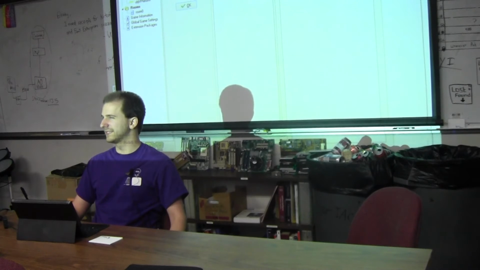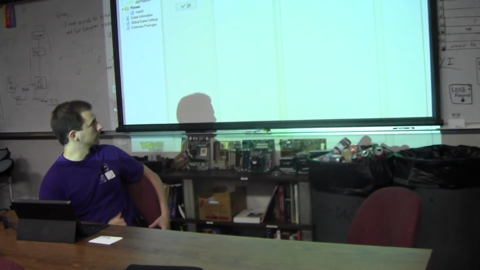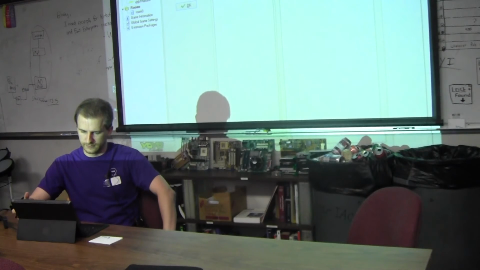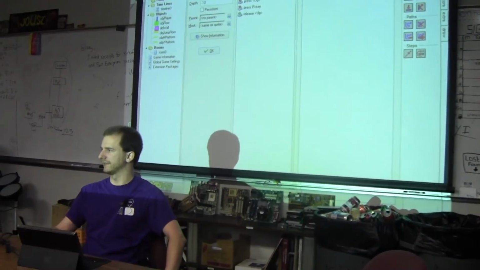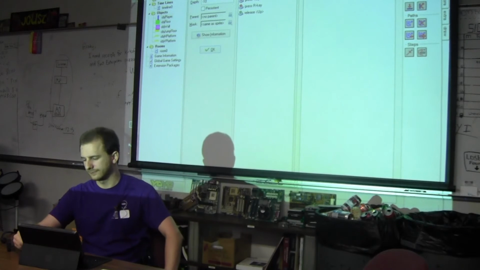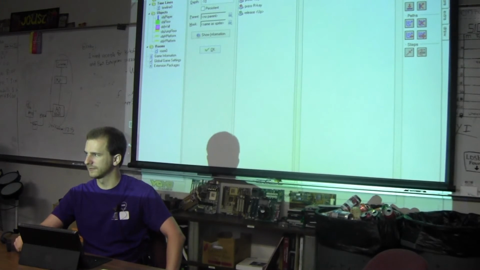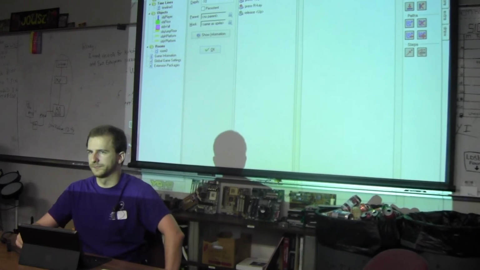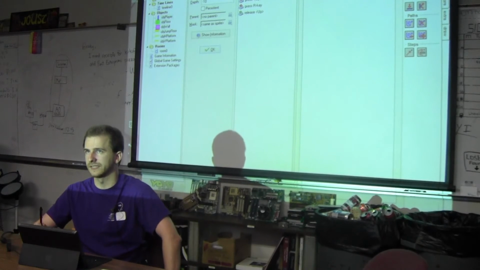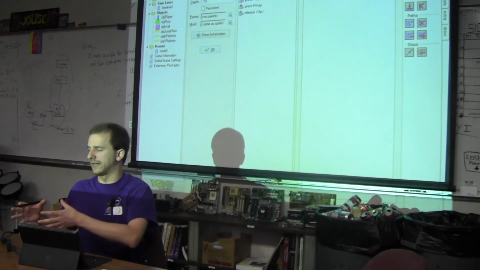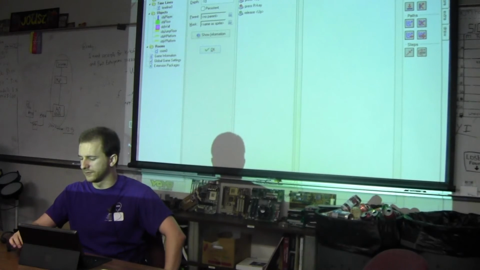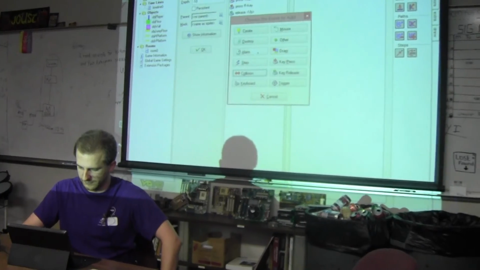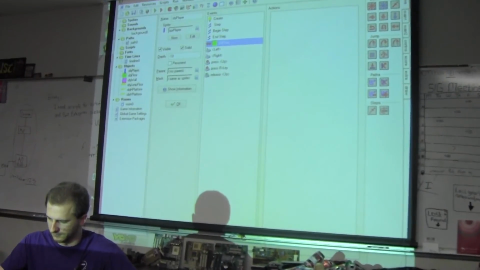Because GameMaker really doesn't have a good way to do lists. They're kind of a pain to do. You have to have the pro version to have access to a lot of data structures like the stack, the list, the queue. And you can't really build them with the scripting language. So some of the collisions will be like, okay, with an object of this type, and you won't know which one it is. So if you do reactionary, what you've got in a collision event, let's say with the floor,